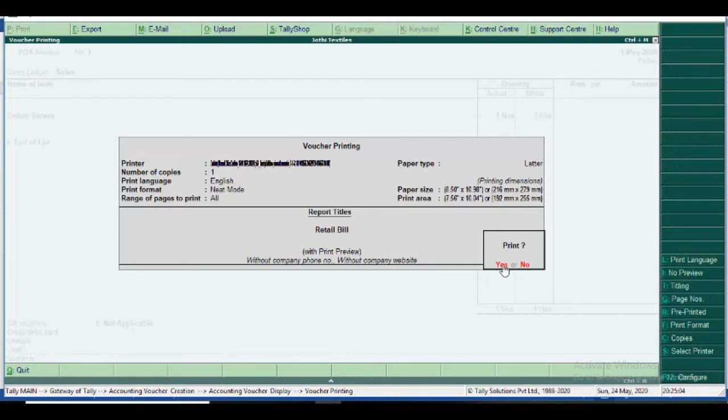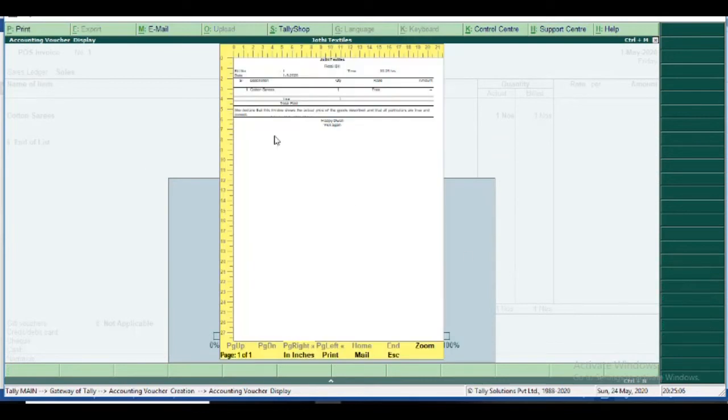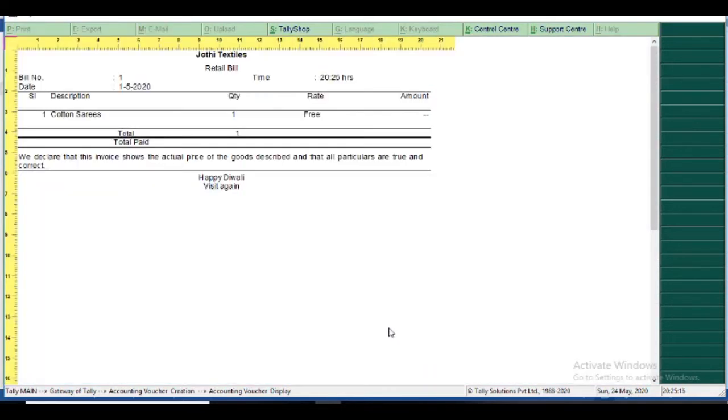Yes, now the bill preview is coming. I click the zoom option, Jyoti Textiles. On the retail bill, at the time of company creation we give the address, but we did not give the address, so the name only comes.